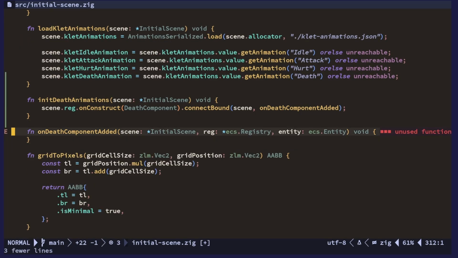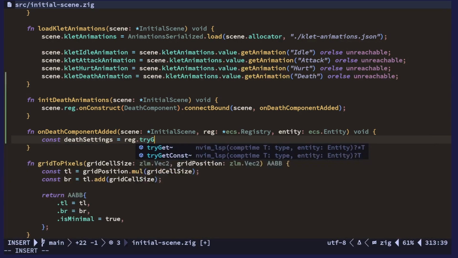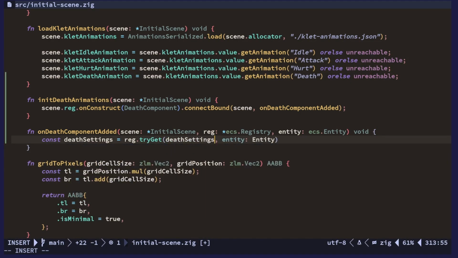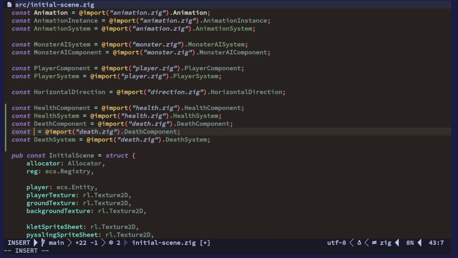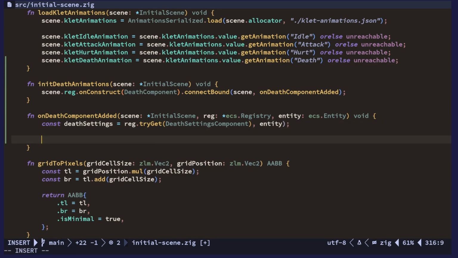Okay, so what we want to do is, now we've bound this death component added function to be called whenever a death component is added to an entity. So what we want to do is get the death settings component from this entity. So we want to try get because it might not exist. So let's do that. Don't we have it? Maybe not in here. Okay, let's grab it here. Settings components. There. All right. For this entity. And if we have a death settings, then